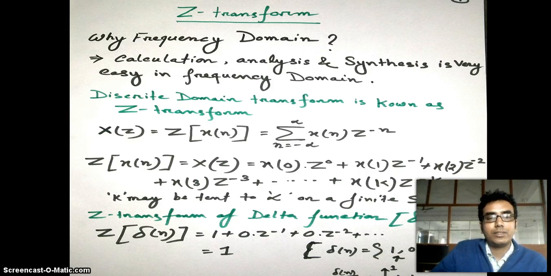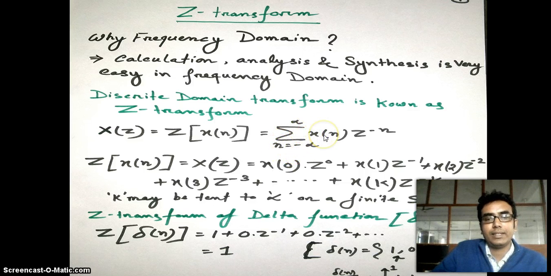So here is the definition of a Z transform. Suppose x[n] is the discrete signal and you have to find out the Z transform of x[n]. It is denoted as X(z) equal to summation n equal to minus infinity to infinity x[n] z to the power minus n. Here n is the